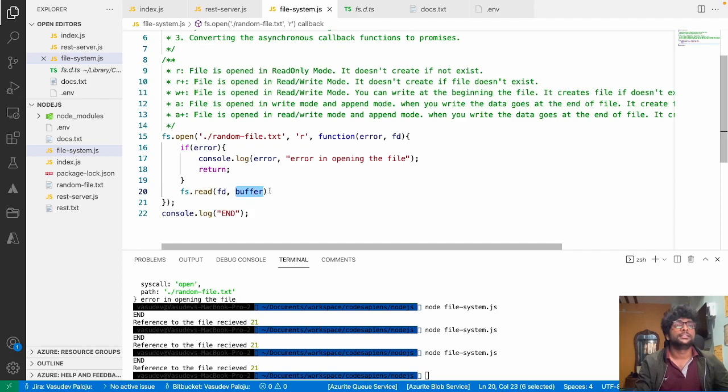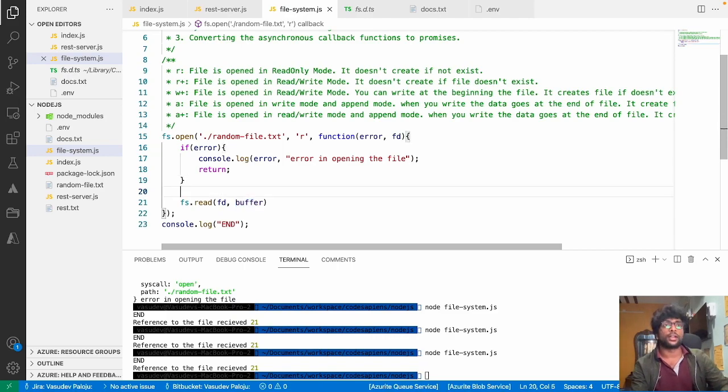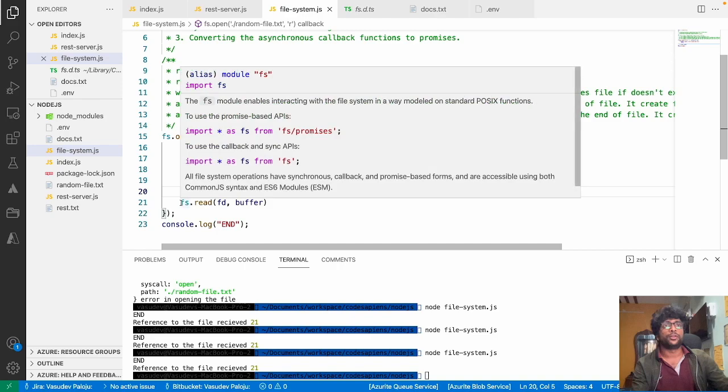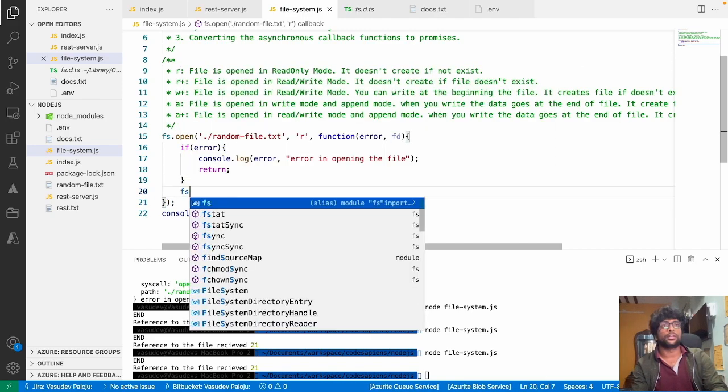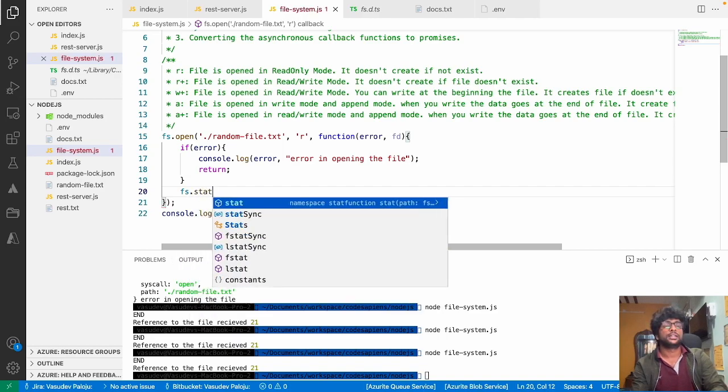So basically, buffer is a type of object or a type of data entity which stores some value in it. Okay, so it's like a constructor or anything. So before even reading the file, what you can do is, there is another function in the same